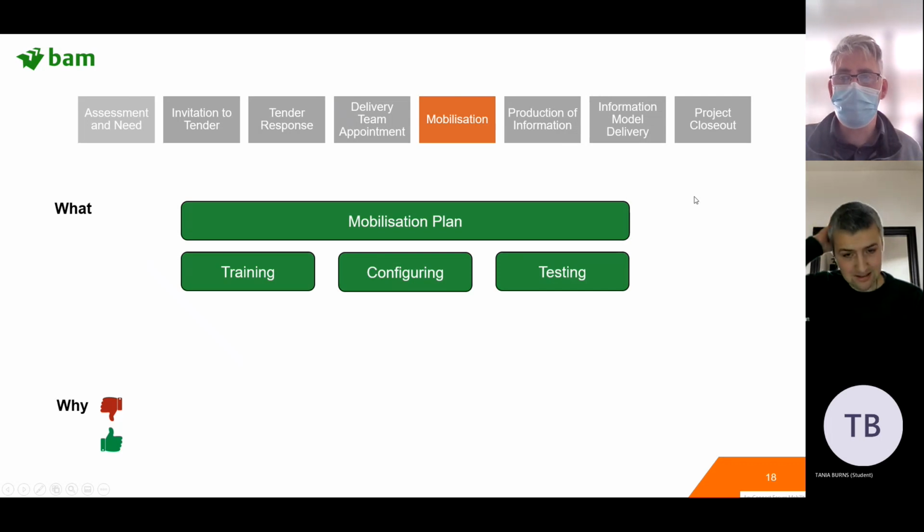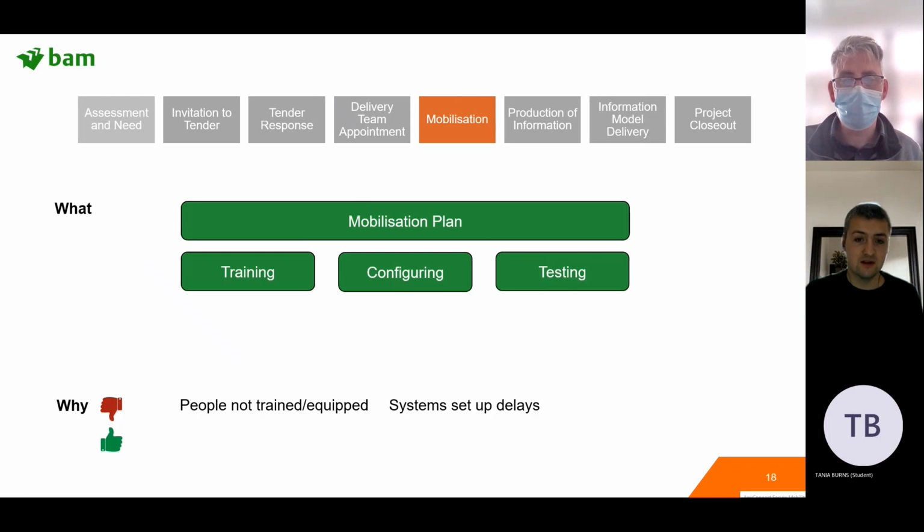In reality, it's very hard to really carry out this mobilization plan properly before information is produced. Normally, it's carried out after information has already begun being produced. But the standards are trying to get the whole construction industry to implement best practice and to adopt these best practices as well. I've touched on these, the kind of things you're trying to avoid,